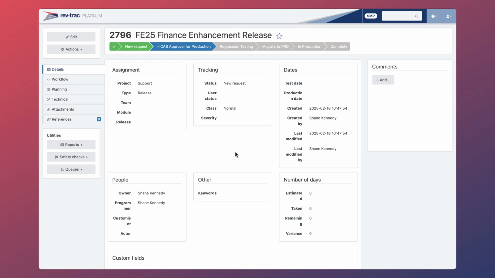Now that we've completed all of our checks and have observed that this release is safe, we can proceed with the deployment. The first status in our workflow is to obtain approval from the Change Advisory Board for this deployment. The Release Management Workbench simplifies approvals by allowing the CAB to sign off on a single release rather than the individual changes, reducing administrative overhead and accelerating time to production.